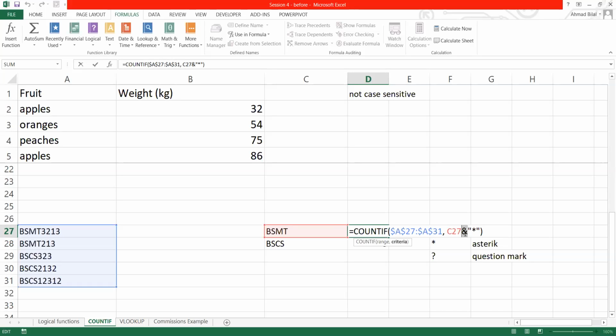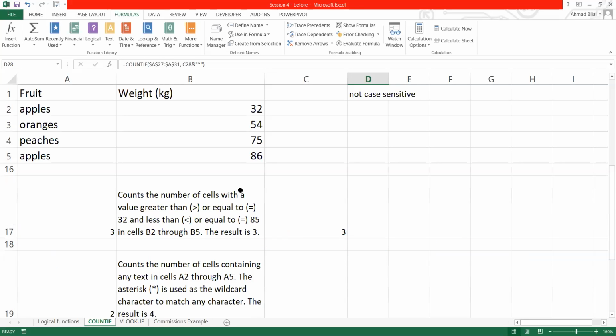the & operator जो concatenate कर देता है, merge कर देता है, किसके साथ करेगा, मैंने inverted commas के अंदर यहाँ पे asterisk लिख दिया, because वो asterisk text एक value है, तो मैंने उसको inverted commas के अंदर इस तरह लिख दिया, और ये क्या करेगा, इन दोनों को concatenate कर देगा। So C27 and asterisk इन दोनों को combine करके आपको रिजल्ट वही सेम दे देगा, BSMT asterisk, ठीक है। But then what it means is you can now extend this formula, right? और आपको दोबारा से वो टाइप नहीं करना पड़ेगा। इसको मैं एक्सटेंड करूंगा नीचे वाले सेल के ऊपर, तो ये देखें C28 आ गया यहाँ पे, and this asterisk and inverted commas, and it works very well in this case as well, ठीक है।